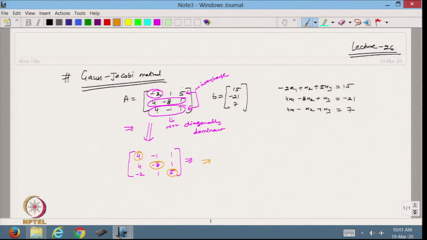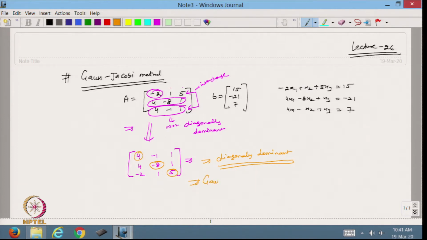So this matrix is diagonally dominant. If I take this matrix instead of the earlier one, then my Gauss-Jacobi method will definitely converge.